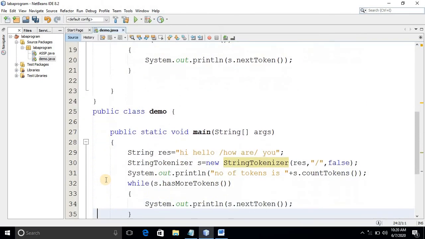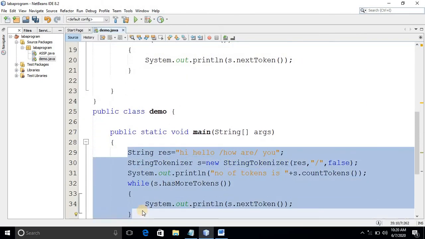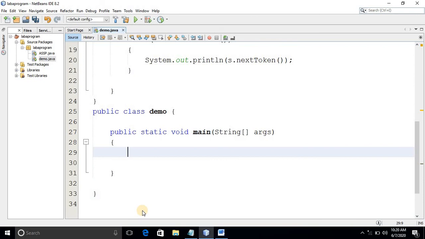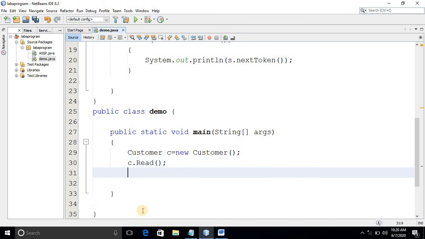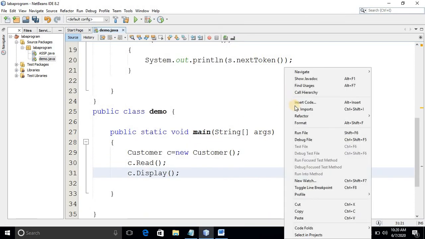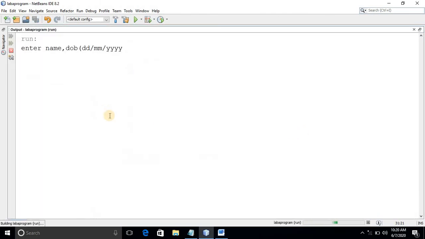So here we need to create the object to call the read method and display method. I'm creating the object of customer here. I'll write c.read and c.display. That's all. I'll run this code.